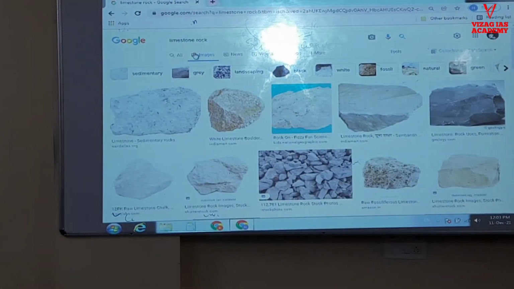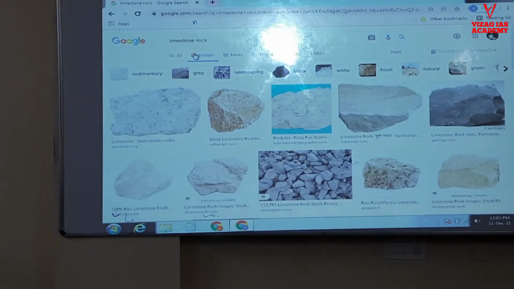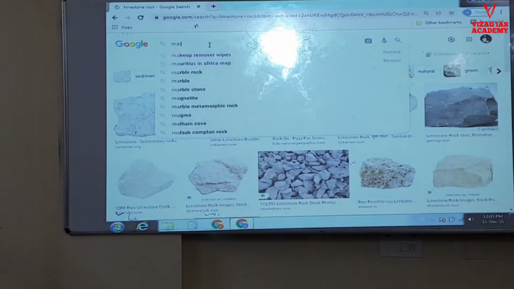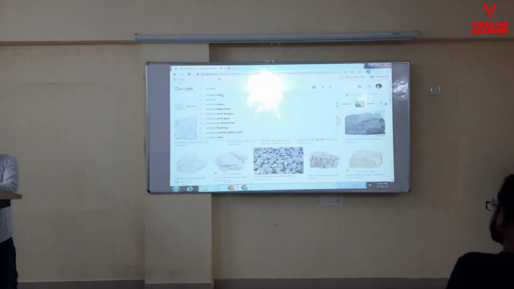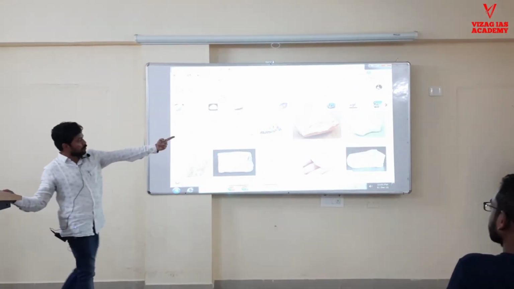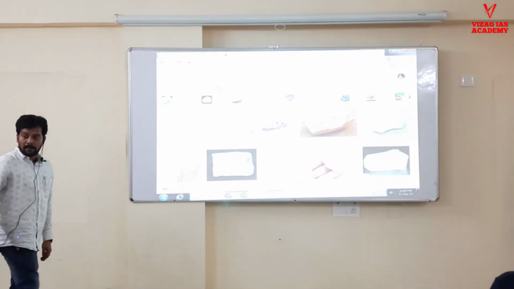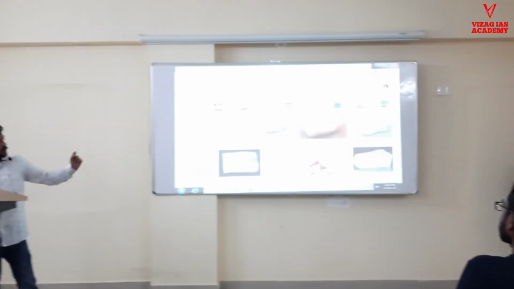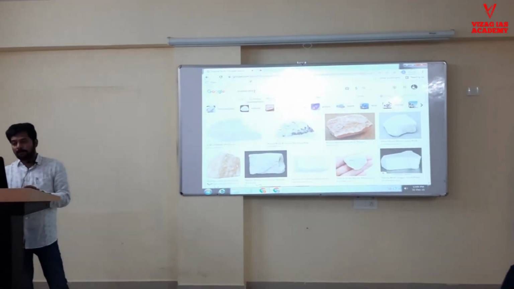Is it clear? Limestone rock. Now you will see the marble. Which one is stronger, you feel? By seeing itself you can say this is stronger. Metamorphic is stronger than the sandstone. Now I will show you the metamorphism exactly.